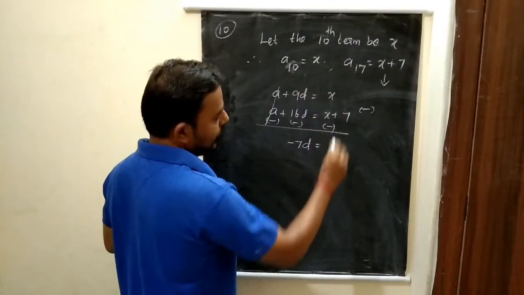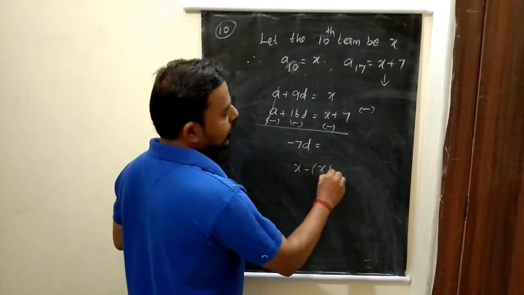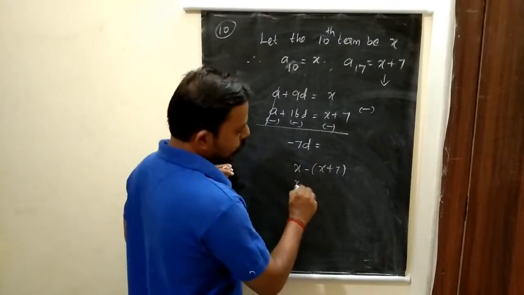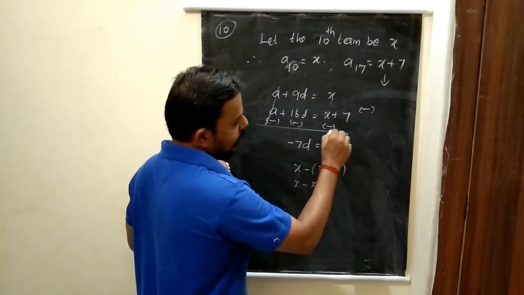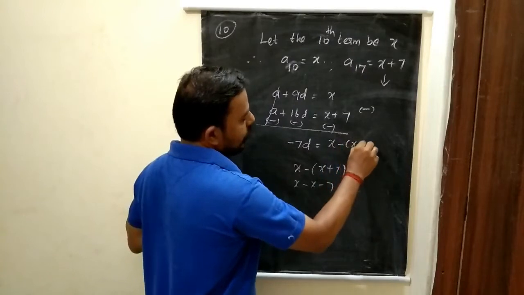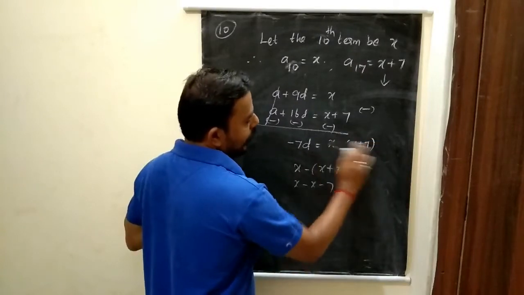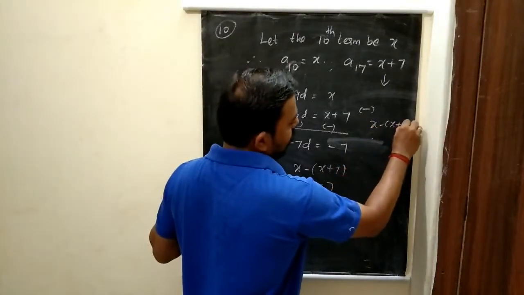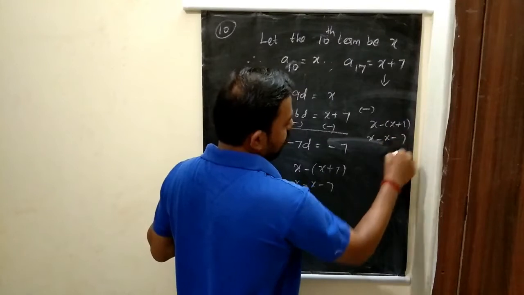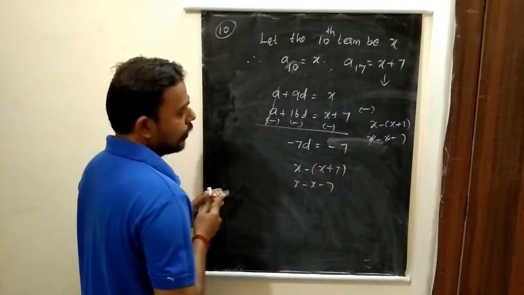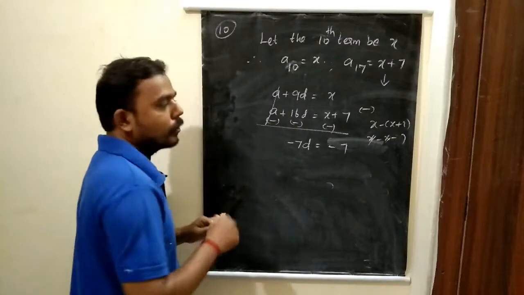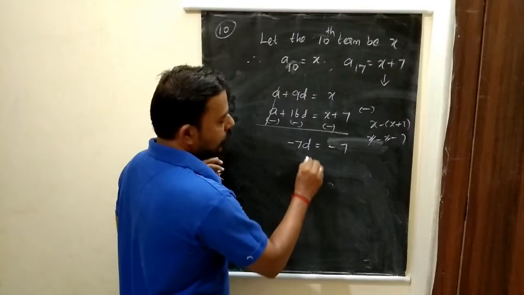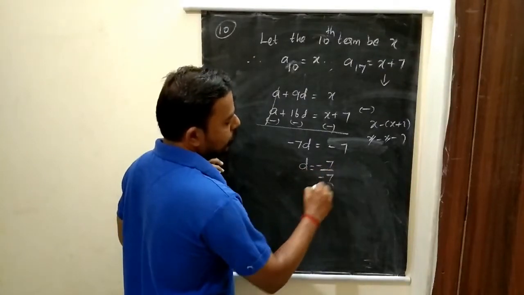But actually the meaning is x minus of x plus 7. The minus should apply to both x and 7. So x minus x minus 7, so that is x minus of x plus 7. So that is x minus 7. X you can cancel, leaving minus 7. This is the meaning. Be careful while subtracting this. Don't cancel x directly and don't put plus 7. Now d equal to minus 7 by minus 7, so equal to 1.